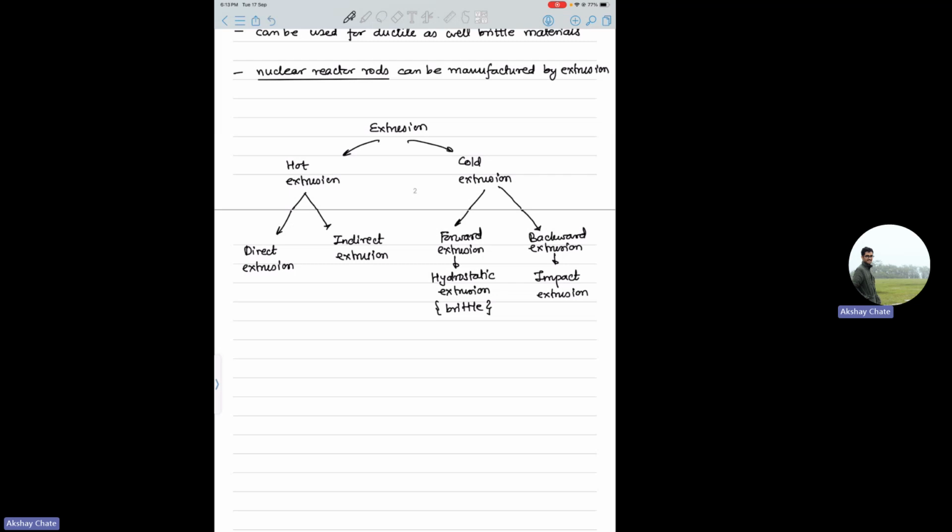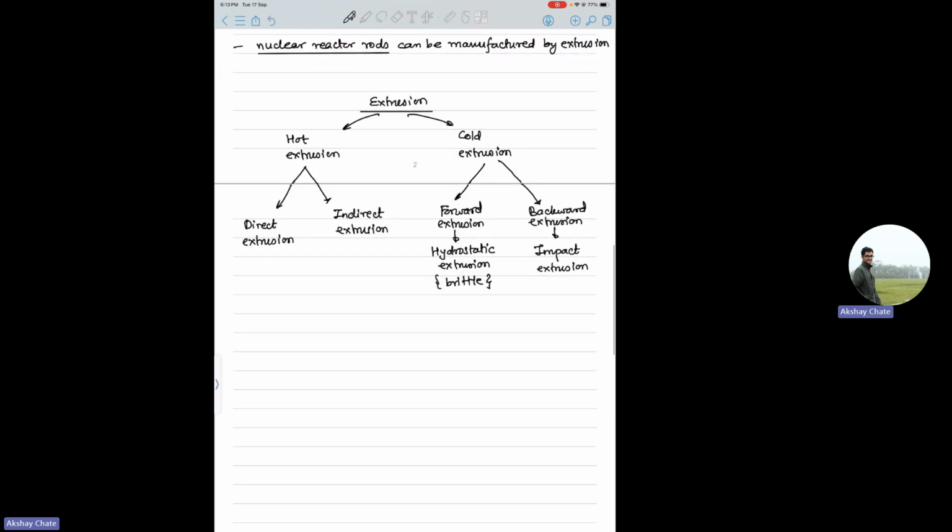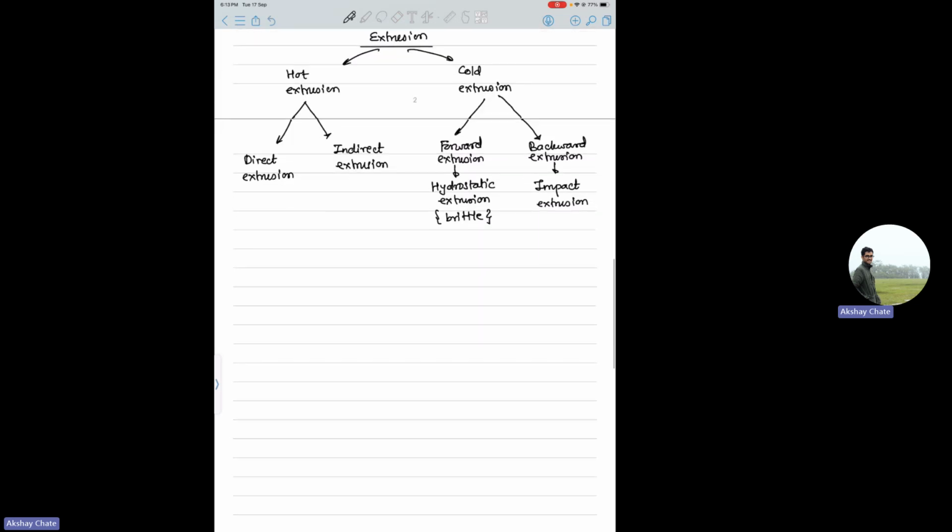This is a broader classification of various extrusion processes. So you should remember this. If you remember it like this, it is very easy to remember. And then we have seen what we mean by direct and indirect. So indirect, you have